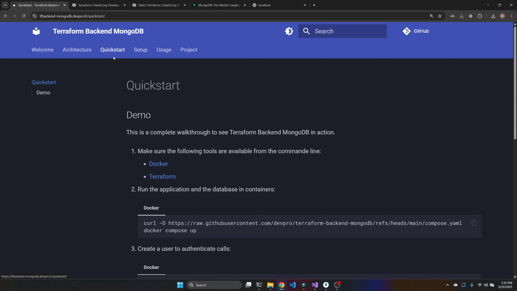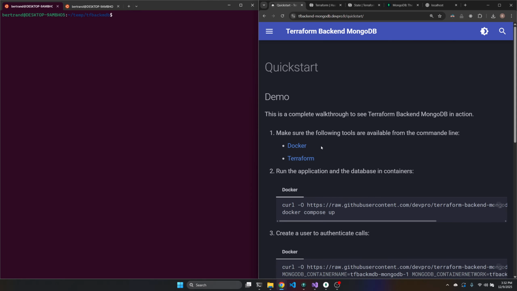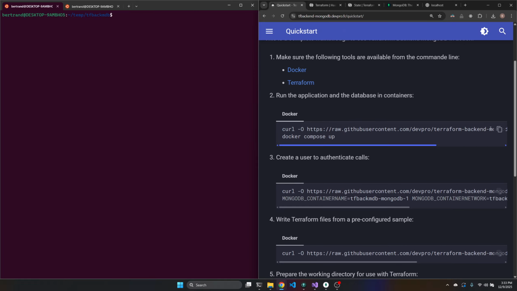It's basically the quick start that I will go through. And to do this, you need two tools. In the future, I will add other tools like Podman and OpenTofu. But for now, I am using Docker as a CLI for containers and also the engine to run containers. It's the best way to have a very small footprint, and we use Terraform. All the files that I'm downloading here are in the open source project, so you can feel free to have a look at it.